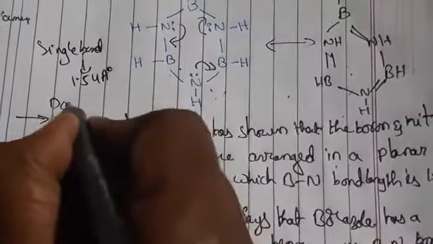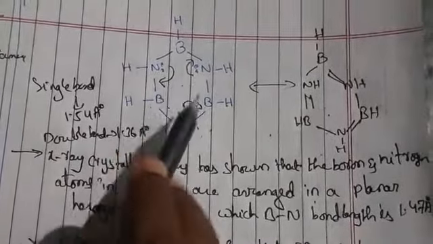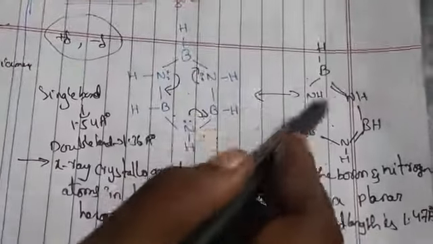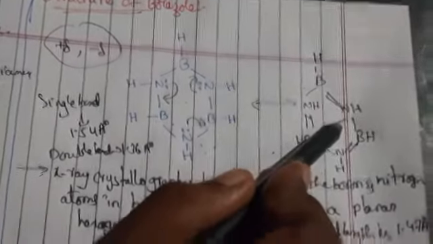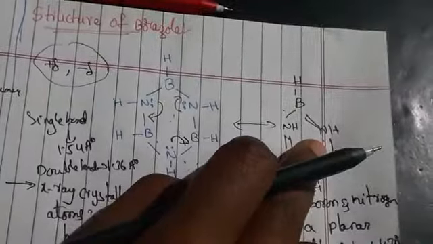So here for single bonds, what bond length are we having? For single bond we have 1.54 angstroms and for double bond we have 1.36 angstroms. Okay, so the extra electron pair present on the nitrogen atom, by rotating, will give negative charge and positive charge, like electronegative atoms giving formal negative and formal positive; the same thing is going to happen. If you break the bond here, you get positive here and negative here. So due to the presence of lone pair turning only, we are getting double bonds here. Okay, so the formal negative charge on boron and formal positive charge on nitrogen atom will give